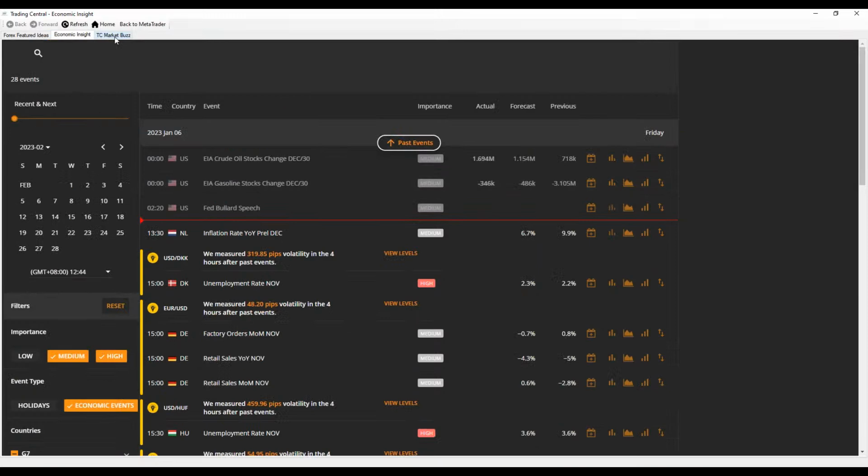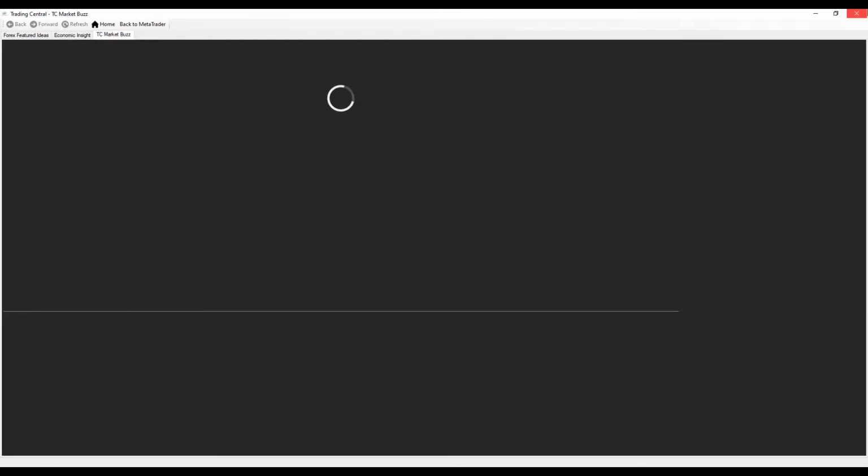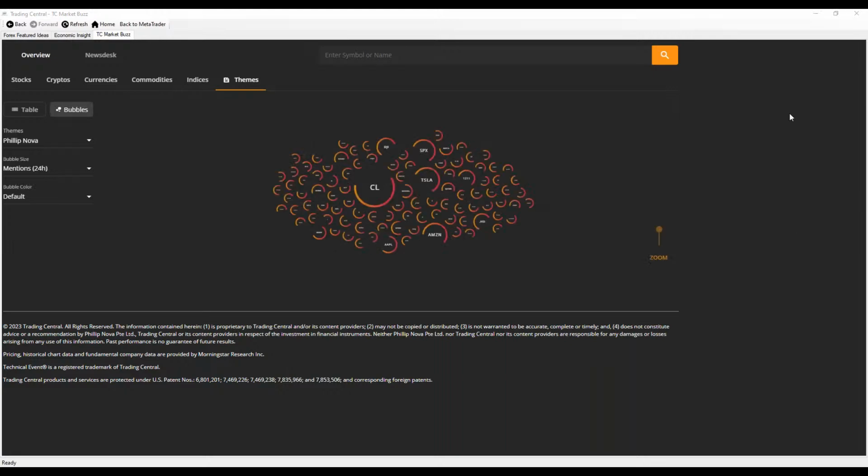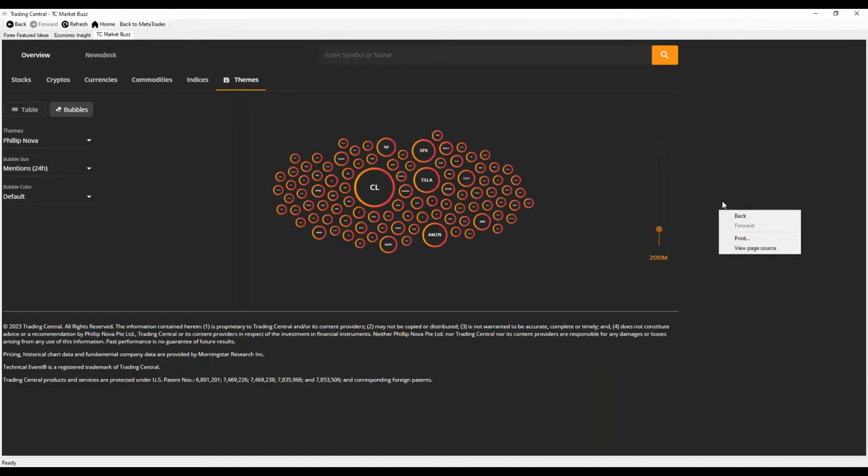I'll move on to the next tool that I will share today. It is the Trading Central Market Buzz. Okay, right after you have launched, this is what you would see right away. It would display in the form of, hold on,